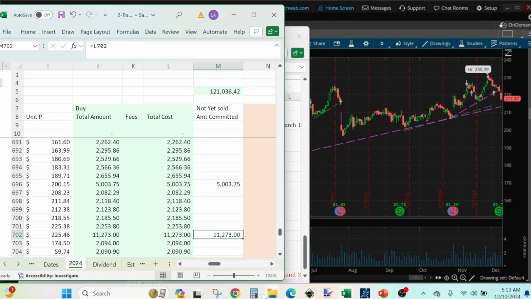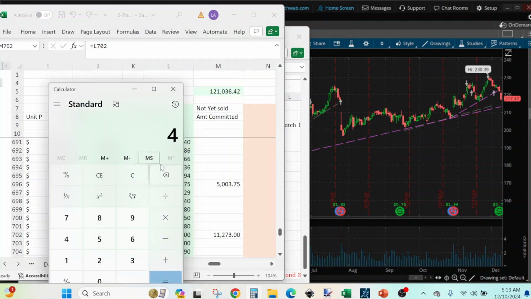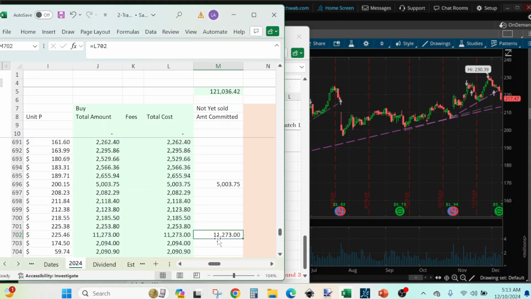So if we say 399, I'm just going to use 400 here, is negative 400. So if I do 400 divided by 11,273, it's like 3%. If I'm doing it right, it's like 3%